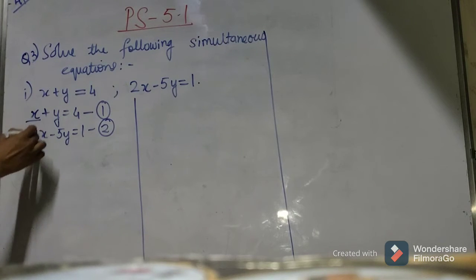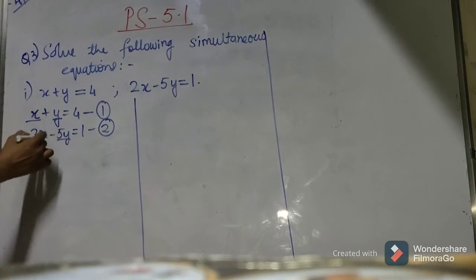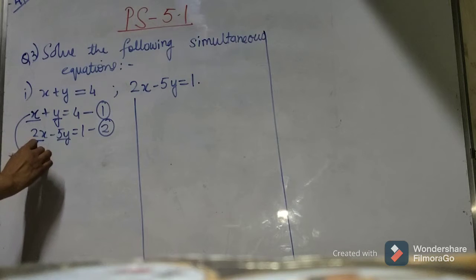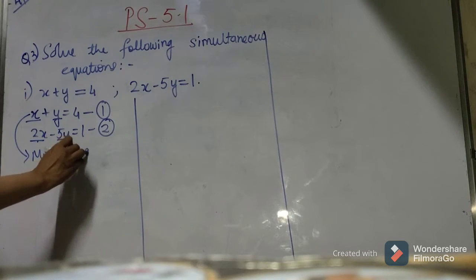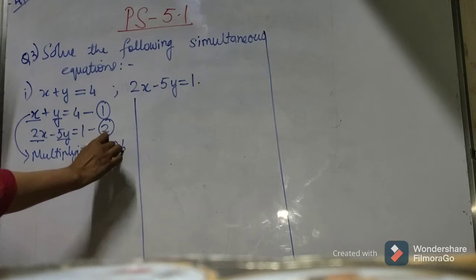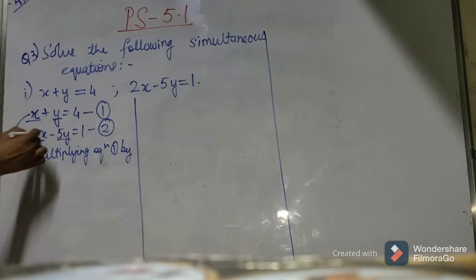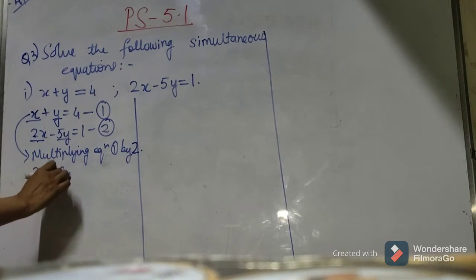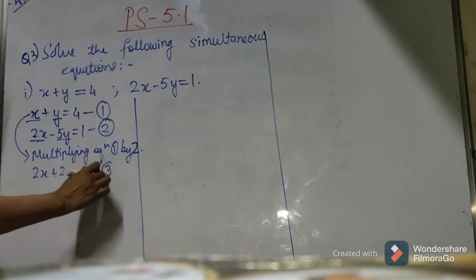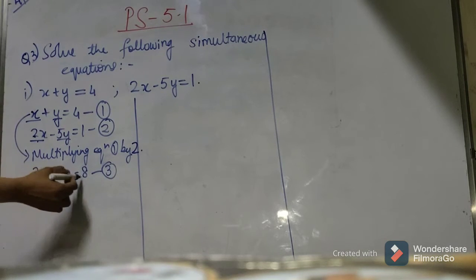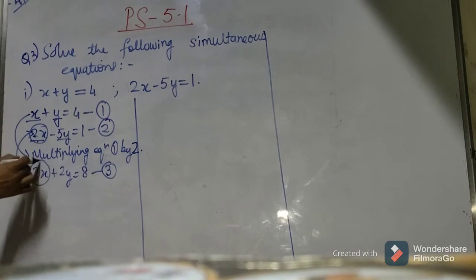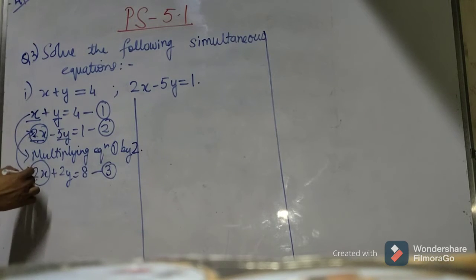Now first thing we have to see is whether the variables x and x, y and y, have anything common. No. So what I will do, I'll multiply equation 1 by 2 or 5. Now we'll take the least number, that is 2. So I'll get 2x plus 2y is equal to 8. Why? I have multiplied equation 1 by 2. So now I am marking it as 3. Now I can compare 2 and 3. So I find the x variables common, that is 2x. Both are positive, so I am going to do subtraction.